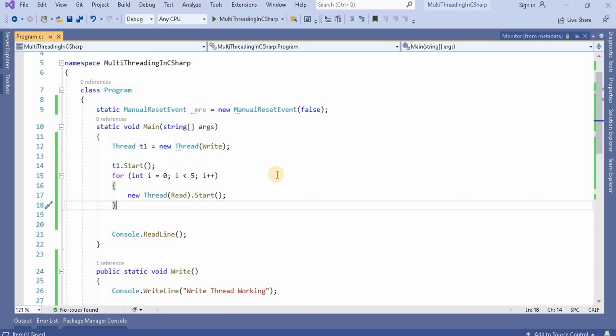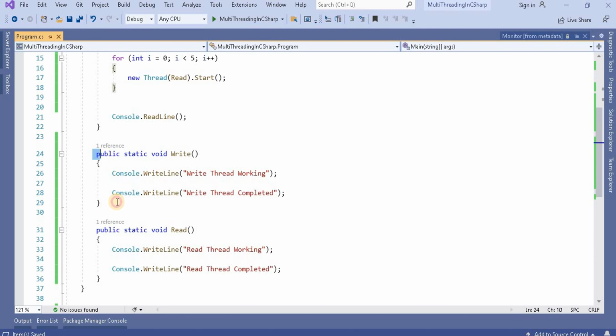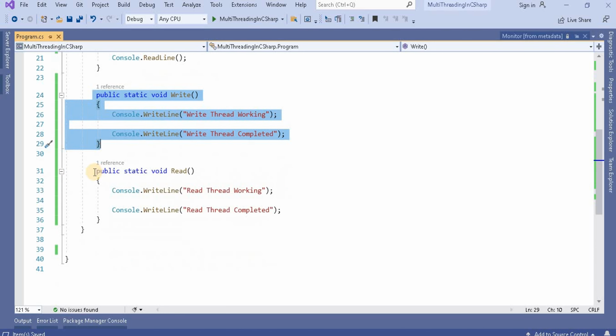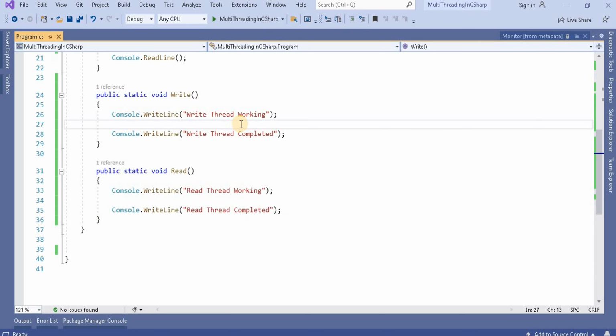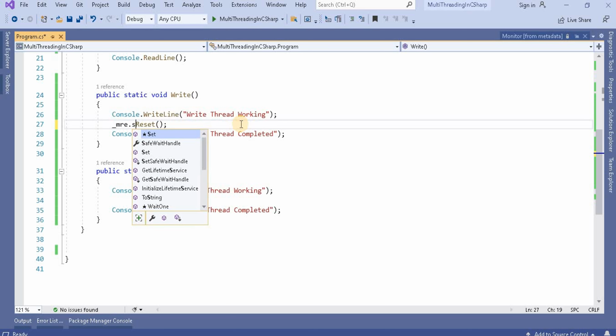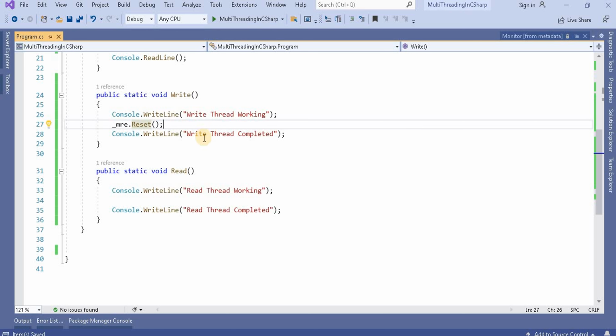Now when I am writing something into the file, this read thread needs to wait; it should not work at that time. For doing that, I'm going to write MRE.Reset. Here if you see, it contains two methods, one is Reset and another is Set. So what is the meaning of Reset?